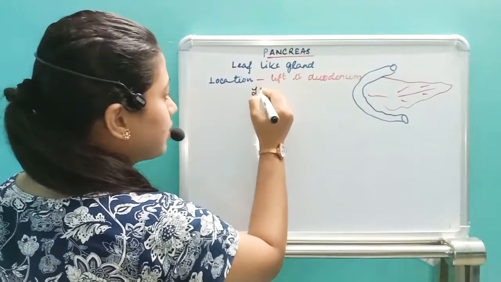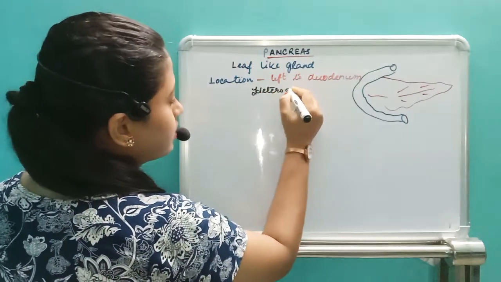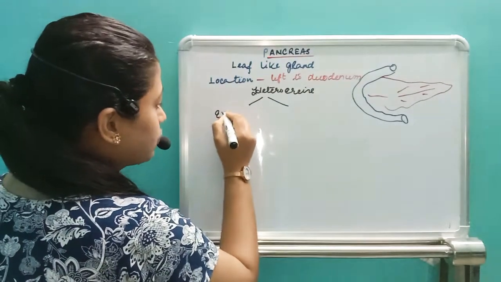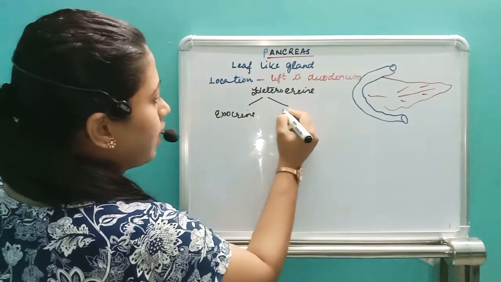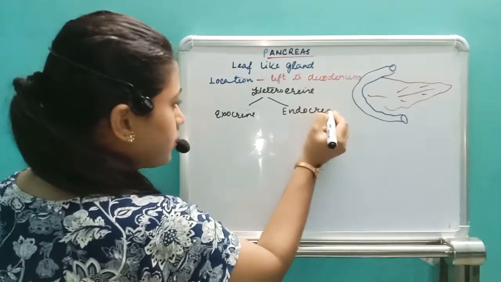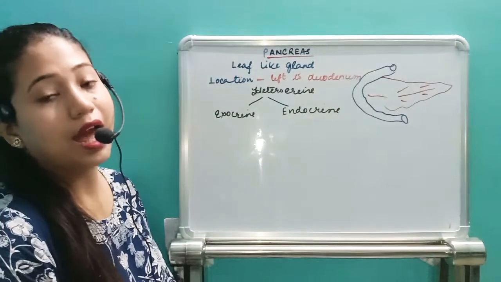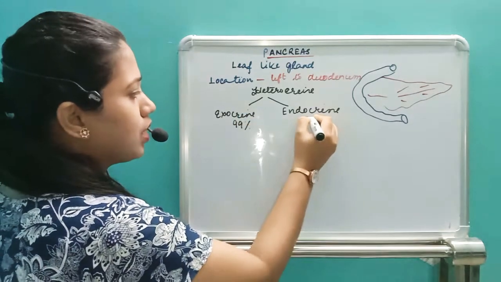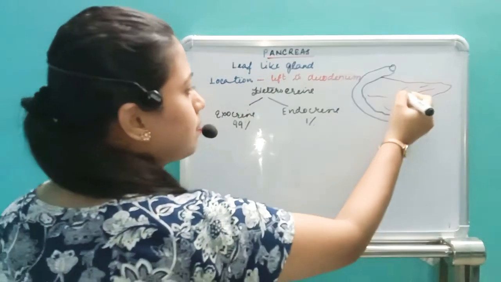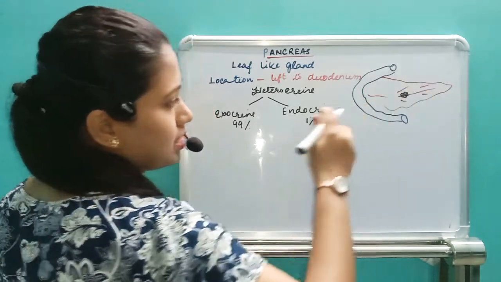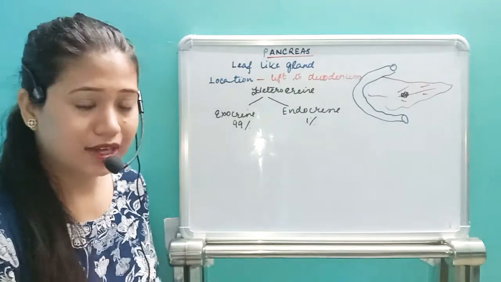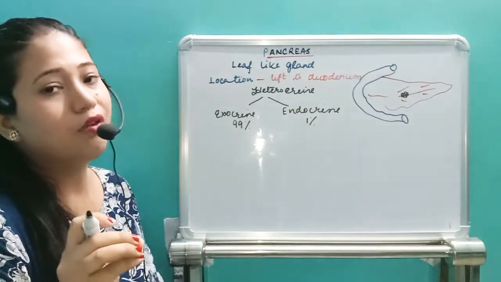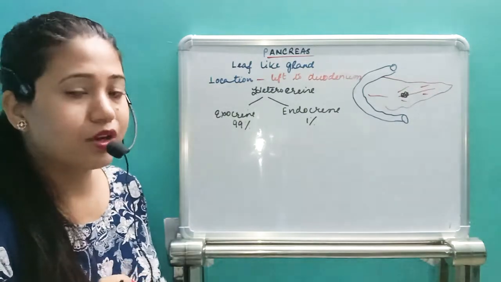Now you know that the pancreas is called the heterocrine gland. Why is it called the heterocrine gland? Because this gland has two parts: one is the exocrine part and another is the endocrine part. Actually 99% of the pancreas is exocrine only, and some very few cells are present just like an island in the ocean of the exocrine part. There is a small part present.